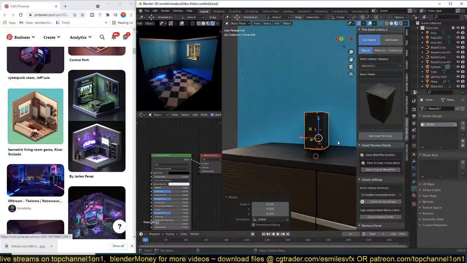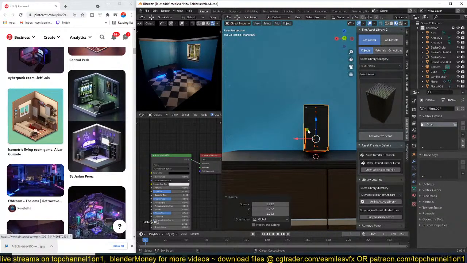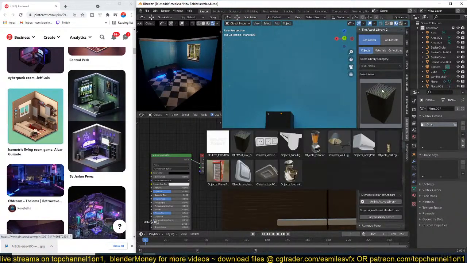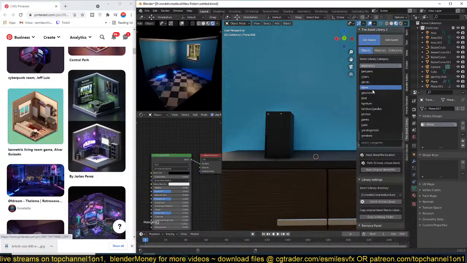Just scale it down. I don't really remember the size of the thing, so I'm just going to assume it's about there. And I also have, I think,